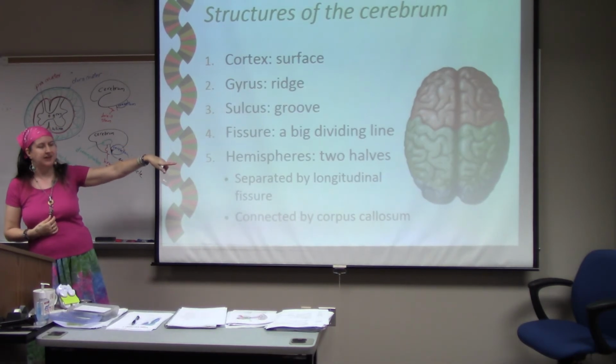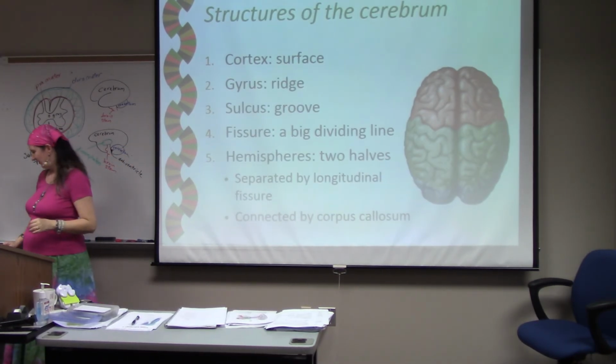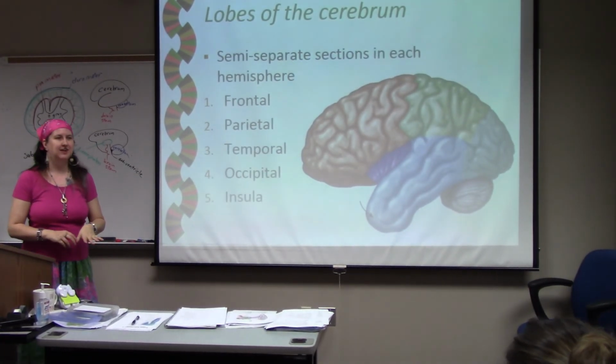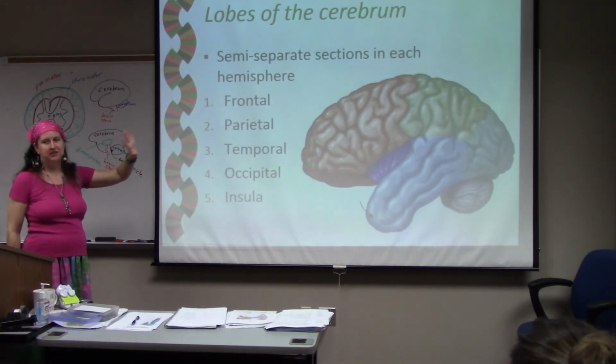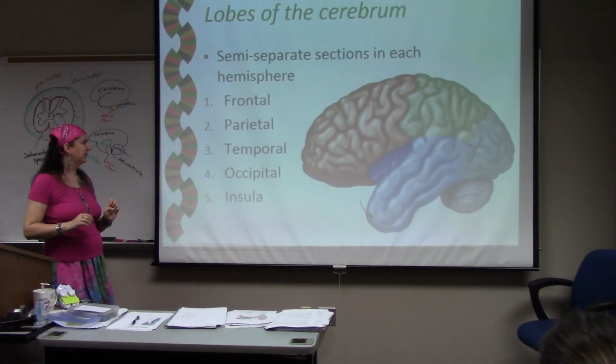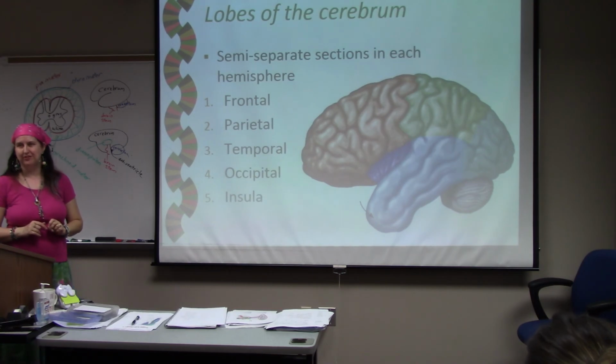The color coding here is for lobes. Each hemisphere has a mirror image set of 5 lobes. 4 of them, the names should look familiar. If you remember your skull bones,